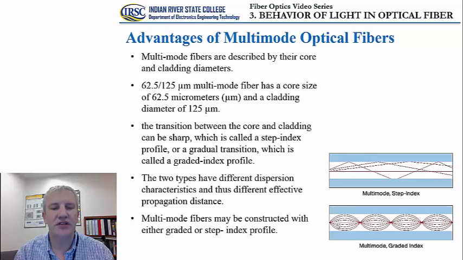Multi-mode fibers may be constructed with either graded or step index profile. So what we are talking about here are the properties of the core relative to the properties of the cladding. If the index of refraction of the core does not change as we're moving across the cross section of the core, and also the index of refraction of the cladding is not changing, then we are talking about the step index profile. If the index of refraction is gradually changing as we're moving from the center of the core towards its edge and further into the cladding, then we are talking about the gradual index